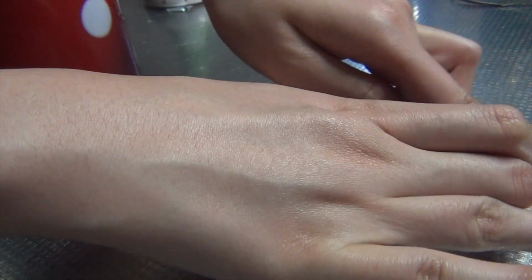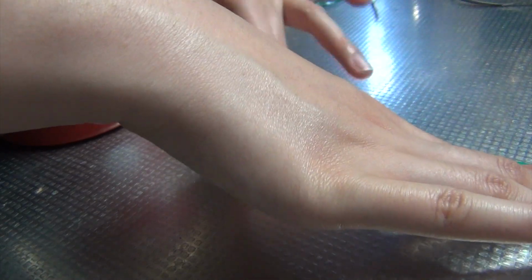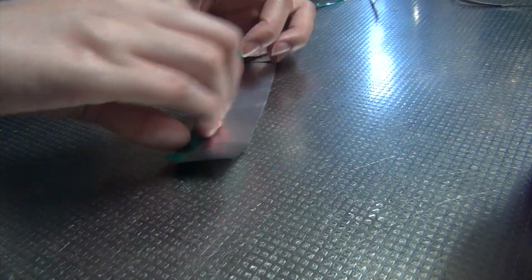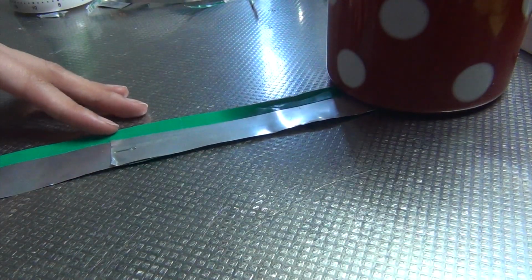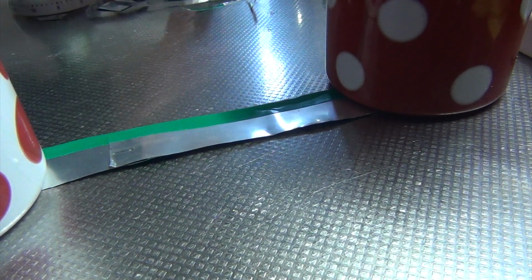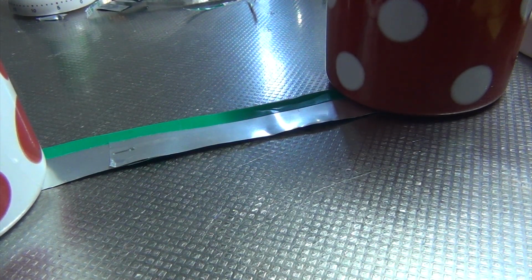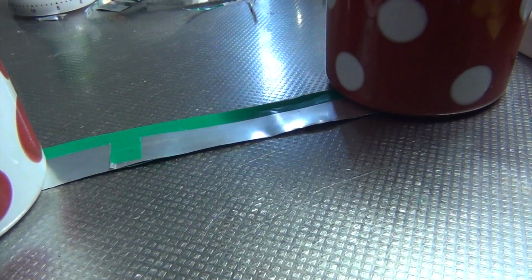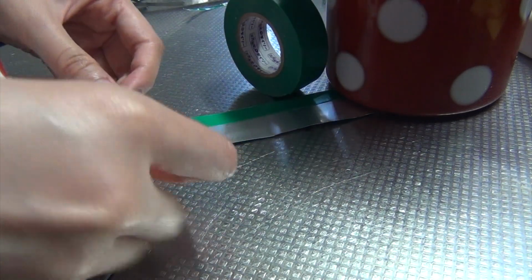I'm going to hold it down with this jar, and basically what I'm going to do is fold the piece of tape over the edge. I'm putting down the salt jar on one end, the other one's the sugar jar, but basically I'm just using these jars to hold down the edge to stop the metal from curling. And I'm going to do the exact same thing that I did for the stapled seam. I'm going to take a small piece of tape, put it over the staple, and I'm going to take another length of tape and tape it over